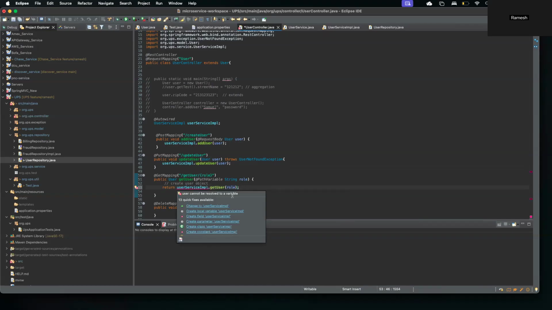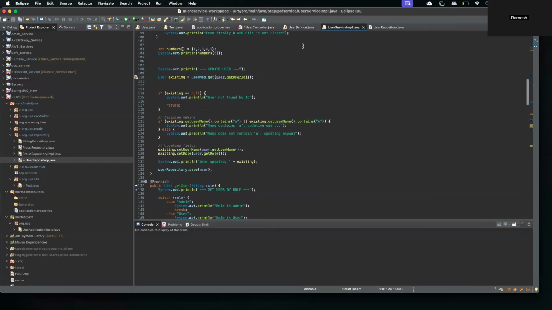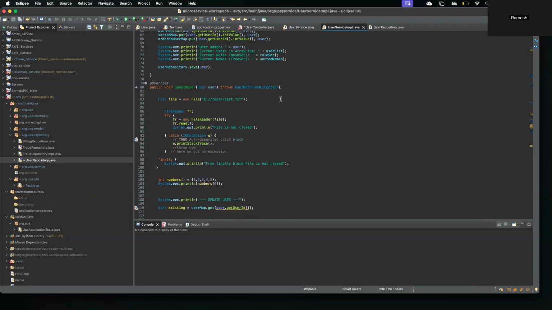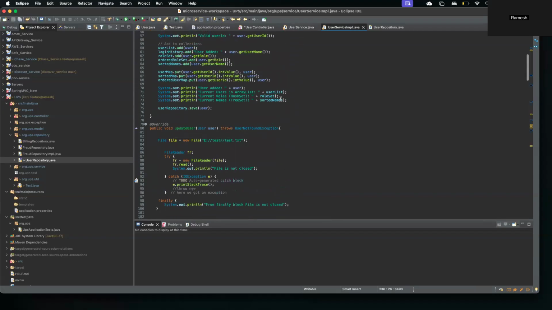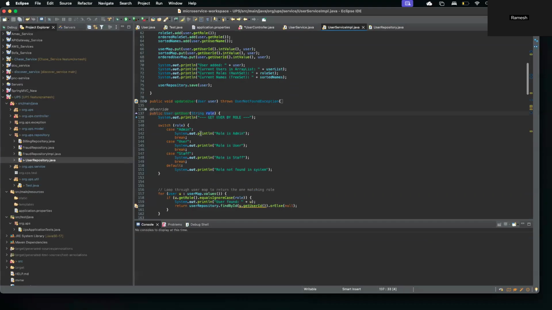User cannot be resolved to a variable. Change to user service IMPL or else create a local variable. What does it mean? User service has a role, right? Get user string role. Oh, user service IMPL. What is the get method here? Let us see. This is update user method. In get user, what are we returning? You are getting a role